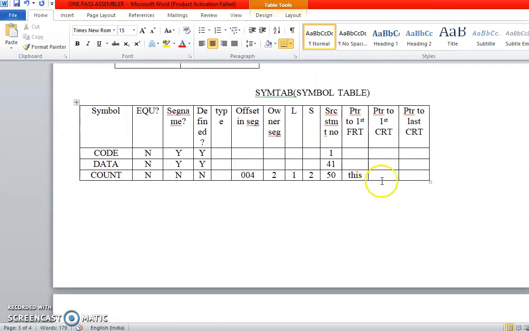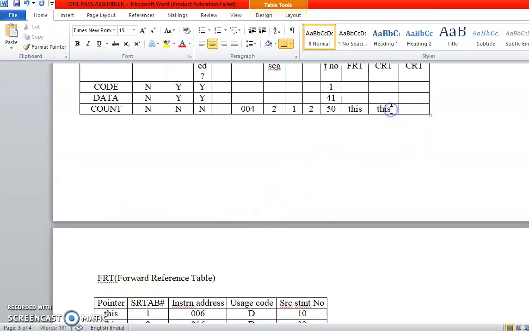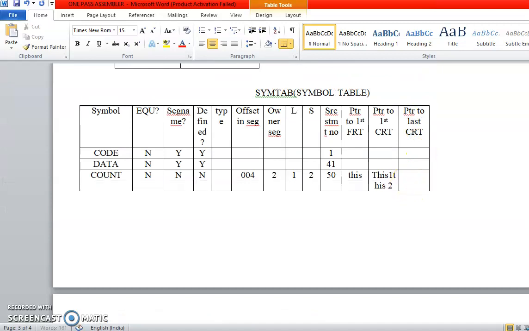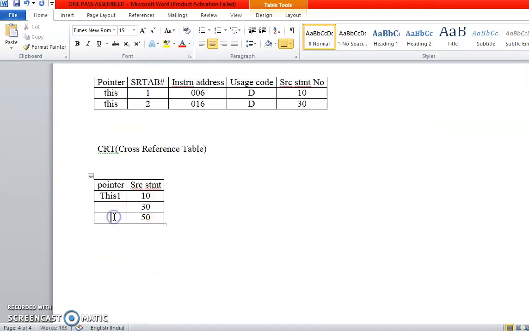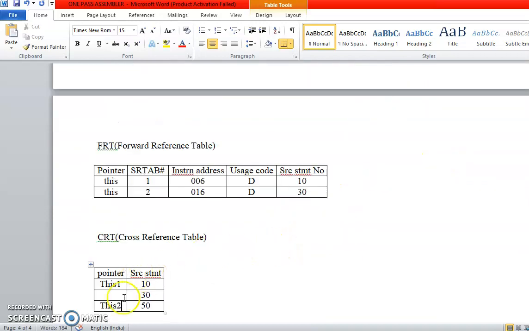The first CRT entry will be here, and this is the pointer to the last CRT. So we are making references to two cross-reference entries to verify that from the first to the last, all the references have been handled or not.